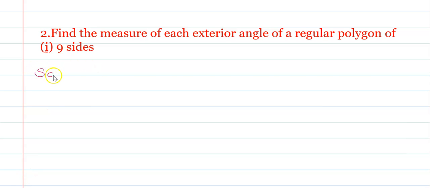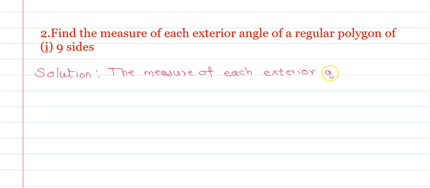Solution: the measure of each exterior angle of a regular polygon having 9 sides